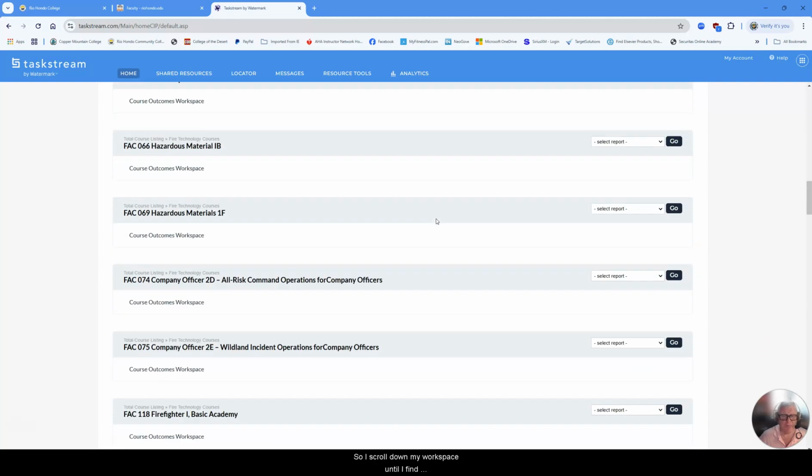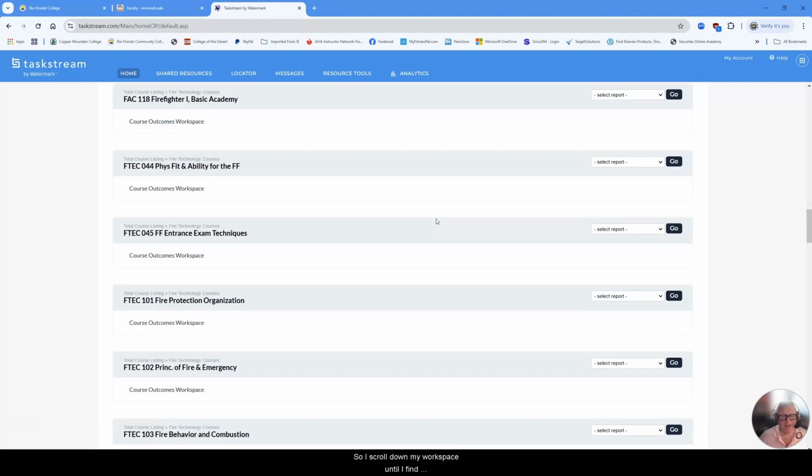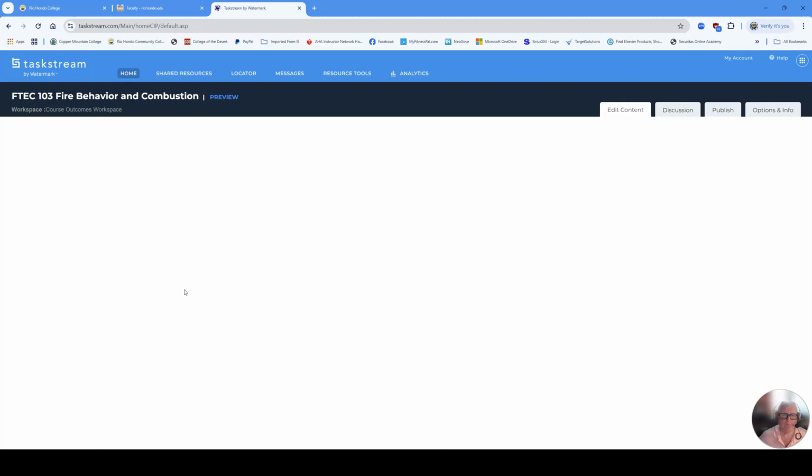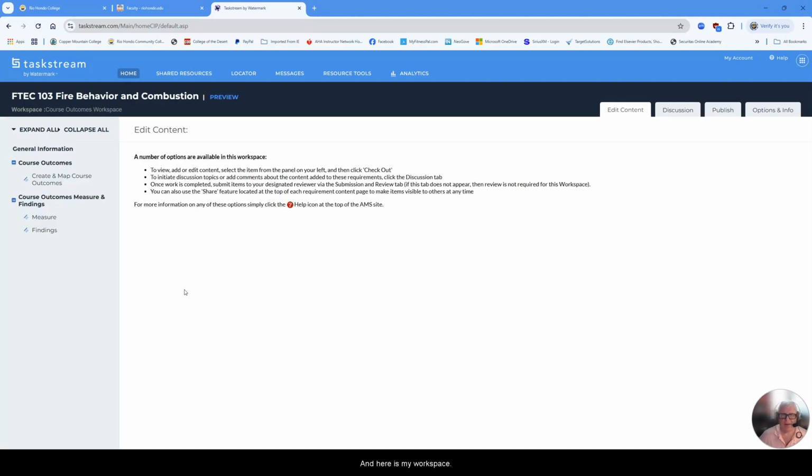So I scroll down my workspace until I find Fire Tech 103, and here it is. And what I'm going to do next is click on my course outcomes workspace. And here is my workspace.